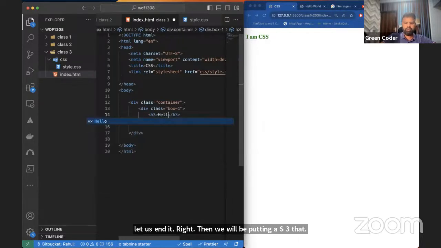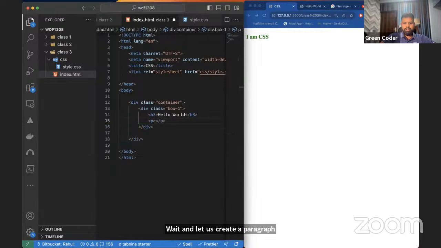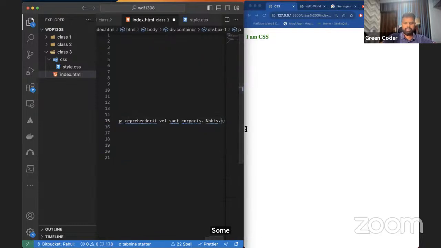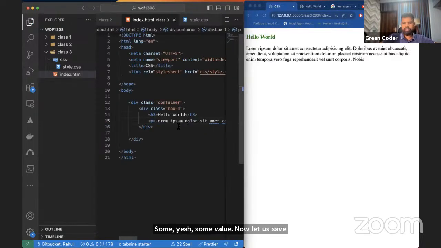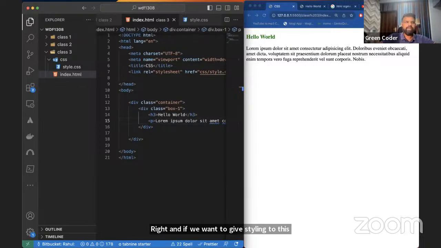Right? Let us put hello and then word. And let us create a paragraph. Some lorem ipsum. Some value. Now let us save it. Now we can see this tag we can see here, right? It's coming, right? And if we want to give styling to this particular box, that we can do by going